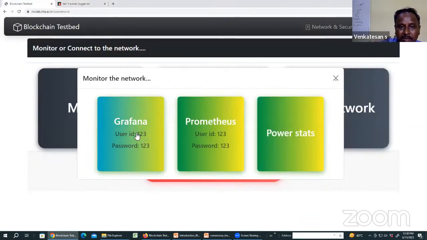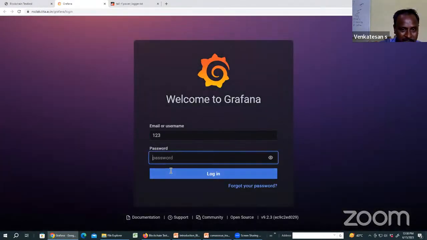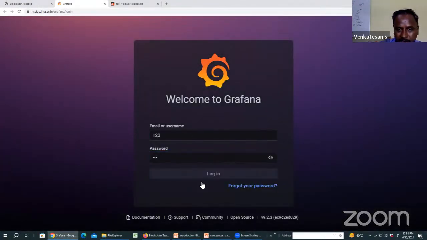So then we can go to Grafana. This is the open source tool we are using. So we can go to Grafana and see the statistics. That is the number of blocks mined, and